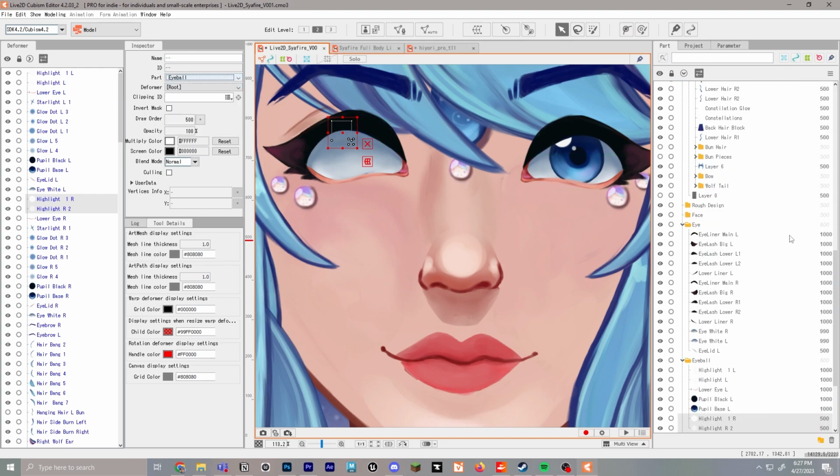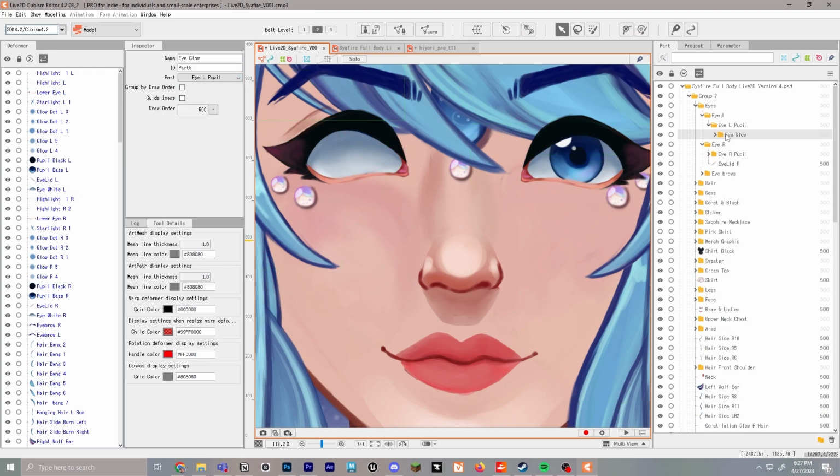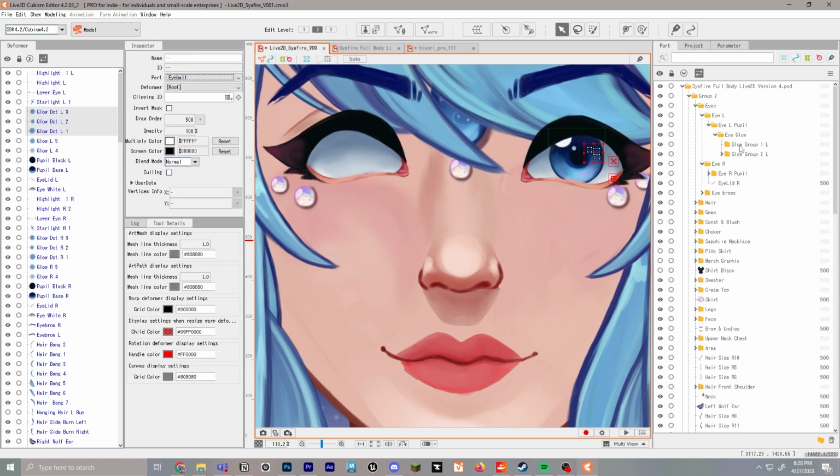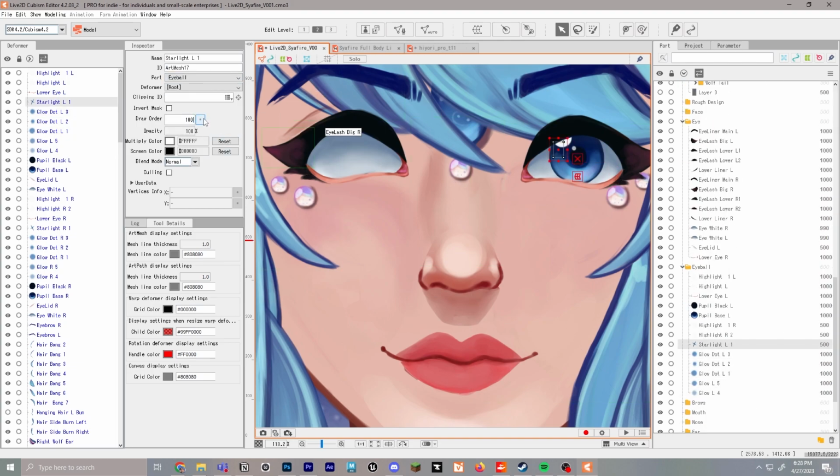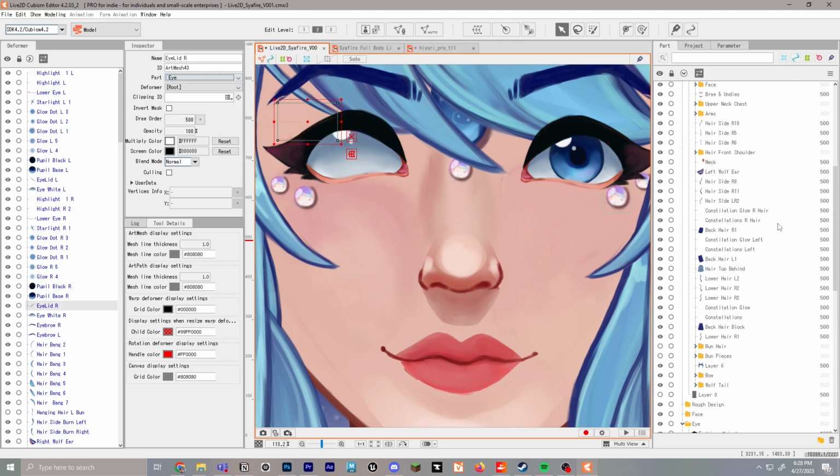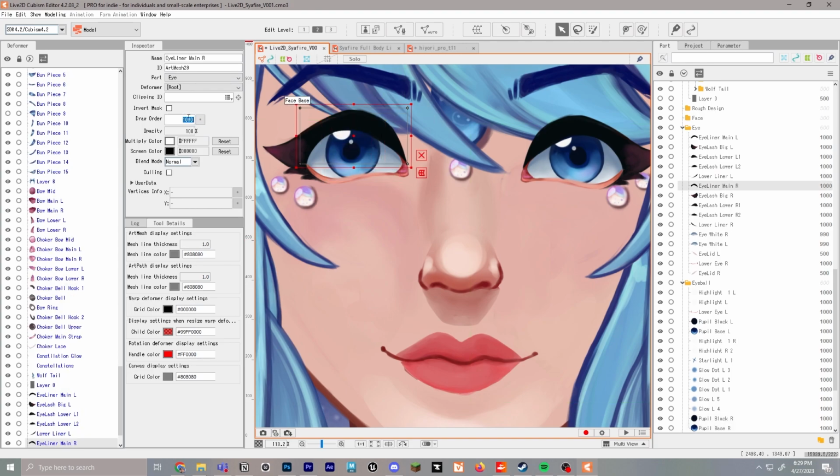Whenever you see these little speed paint sections, I will pretty much be mirroring what I just did if it was the eye or the other ear or whatever the case may be. But if you need to slow down the video, you can do that so that you can see what I'm doing and follow along.